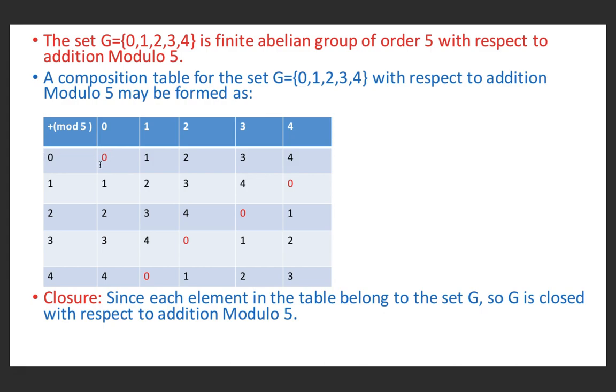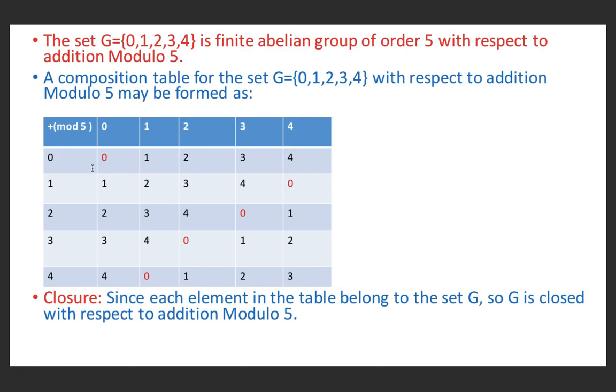In the first row, the identity element is in the first column. In the second row, the identity element is in the fourth column. In the third row, the identity element is in the fourth column. In the fourth row, the identity element is in the third column. And in the fifth row, the identity element is in the second column. After locating these identity elements, we mark them. I have marked them in red. You may encircle these identity elements in your notebooks. This will help us to find the inverse of each element of a group.